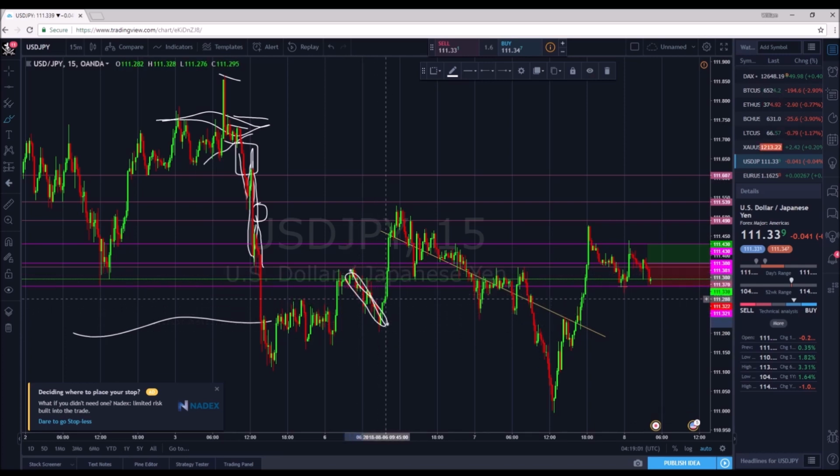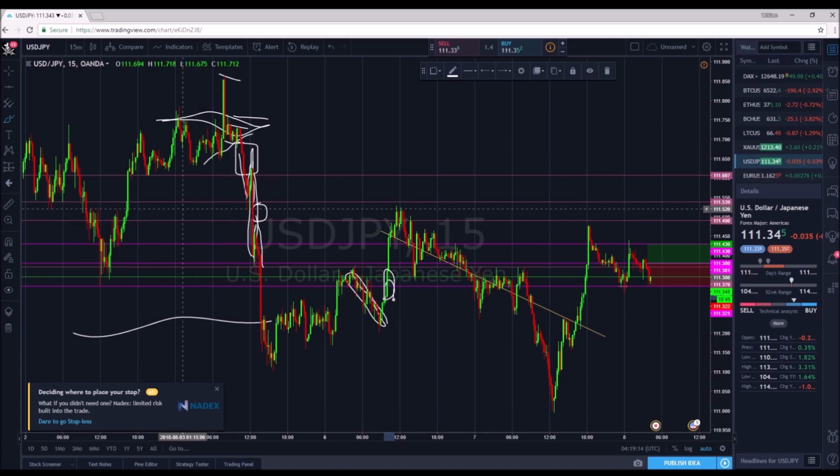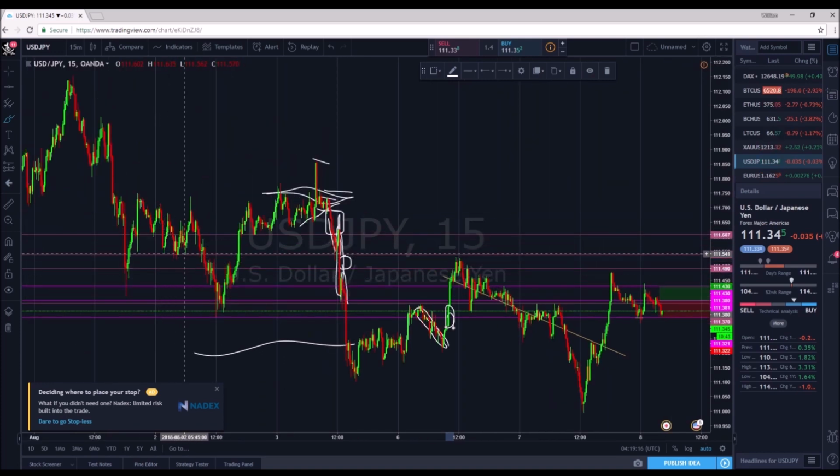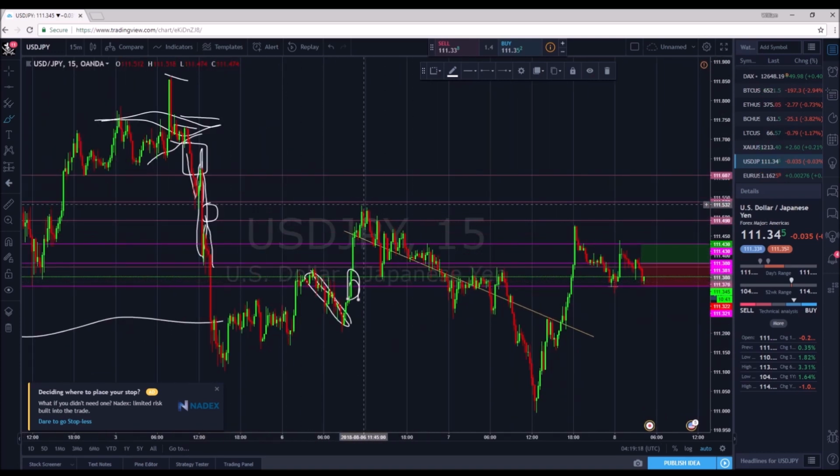And then we broke out of that. And then we formed some wicks and some nice strong momentum candles. And that's a trade that, again, I missed because I was sleeping. But it came right up and tested one of these previous support zones, failed to break it, and it's kind of been